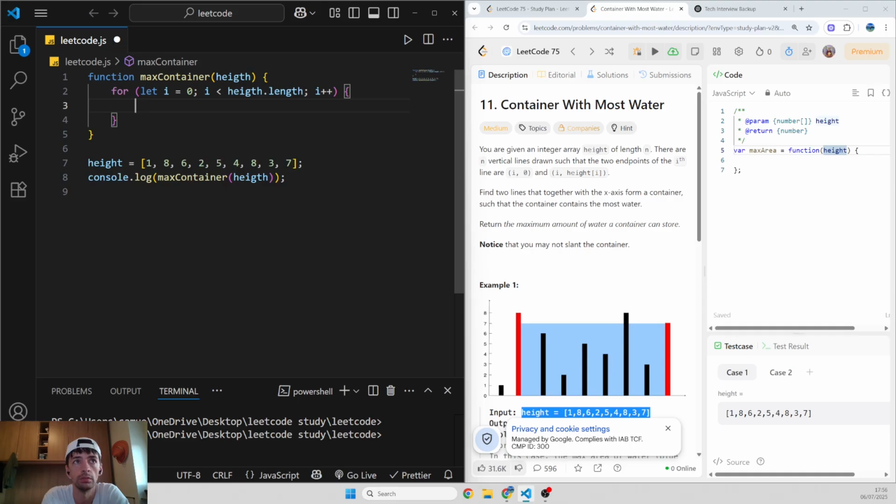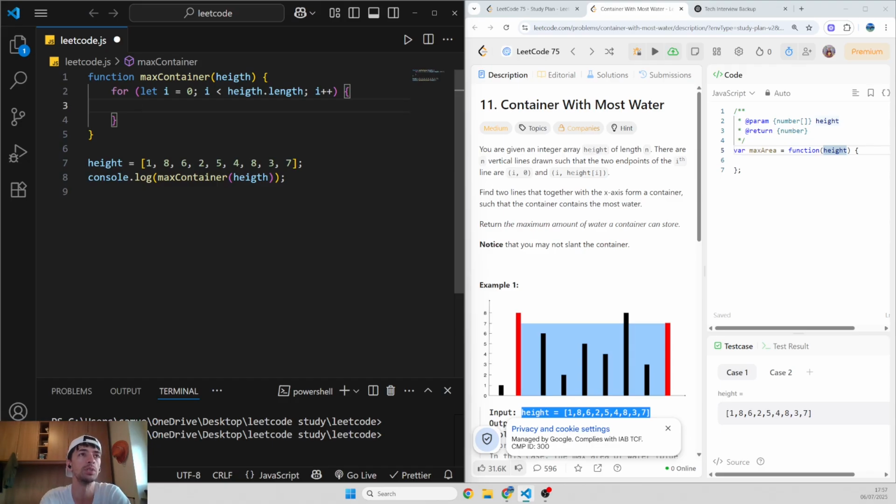If you have a 0, you don't have any height, so you cannot build. You cannot make a container out of it. So okay, for example, if I have 1, the maximum amount,